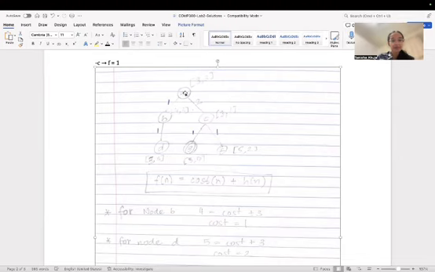If you're going from A, C, E, the true cost is 3, and h of A is also 3. So it can be equal, but it cannot exceed that. At C, if you go from C to E, the true cost is 1 and the heuristic is also 1. So that is admissible in that case as well. And at E, that's the goal node, so the heuristic is 0. And at B, D,